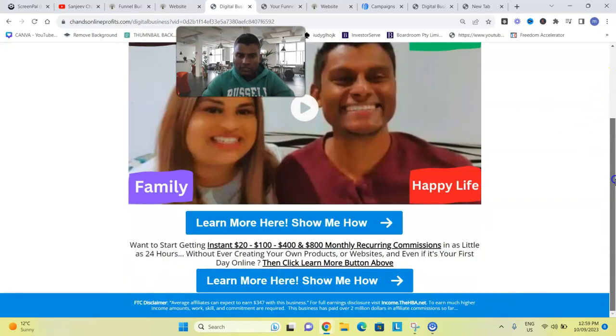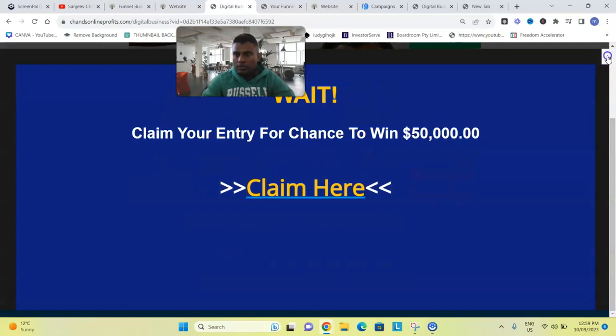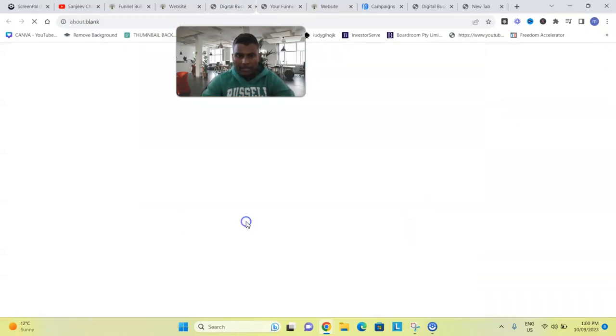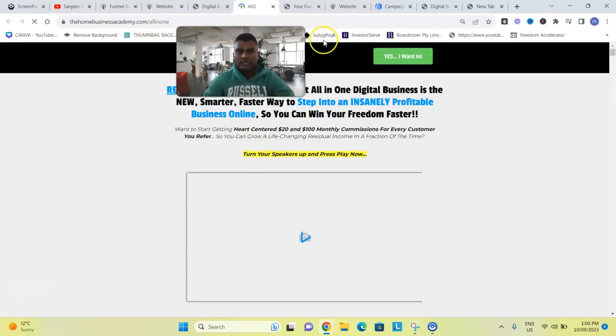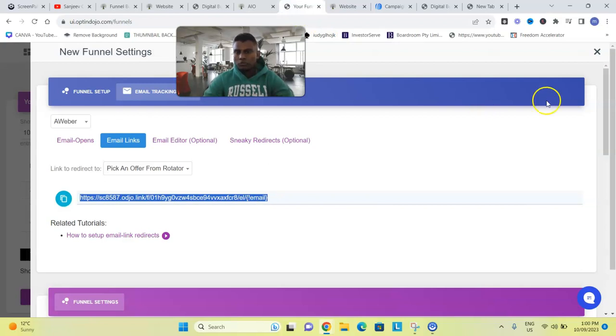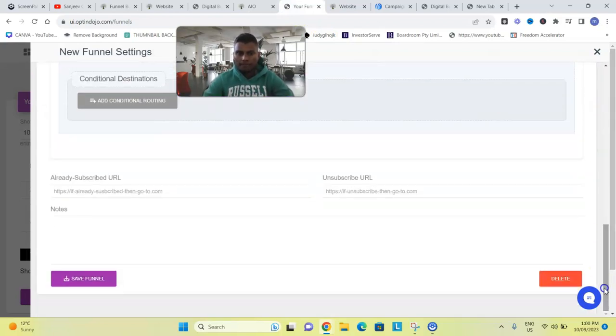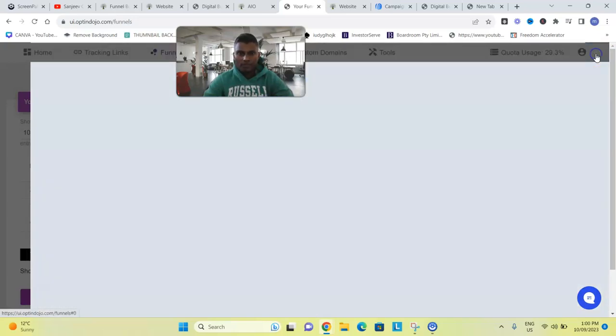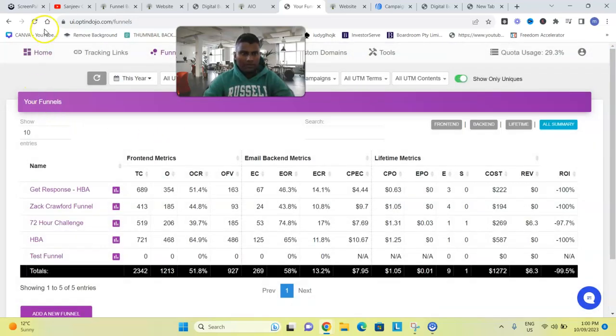Because we've put a code, and if I click on one access, this will take you to the offer now, right? And if I go to Optin Dojo, if I save this funnel, if I refresh it,